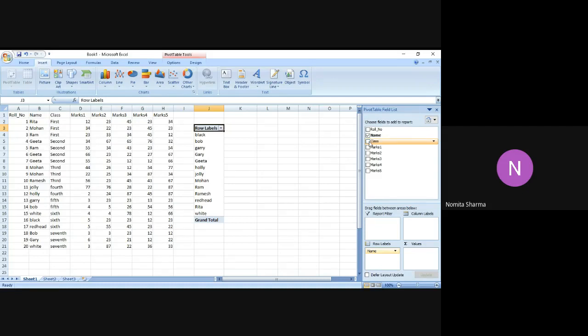If you see the sections very carefully, there are 4 sections appearing in the pivot table: report filter, column label, row label, and the values. So this was what I was talking about. Report filter is basically to filter the data from the master table. Supposing you just want to have the marks of the students from the first class. So what you can do, if you just write class in the filter column, it will